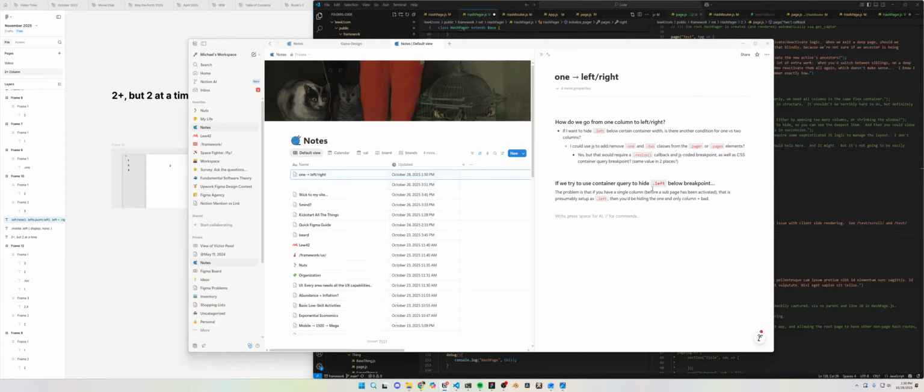So if we just set it up so that the left column, like up here, if this was set up in the left column space,